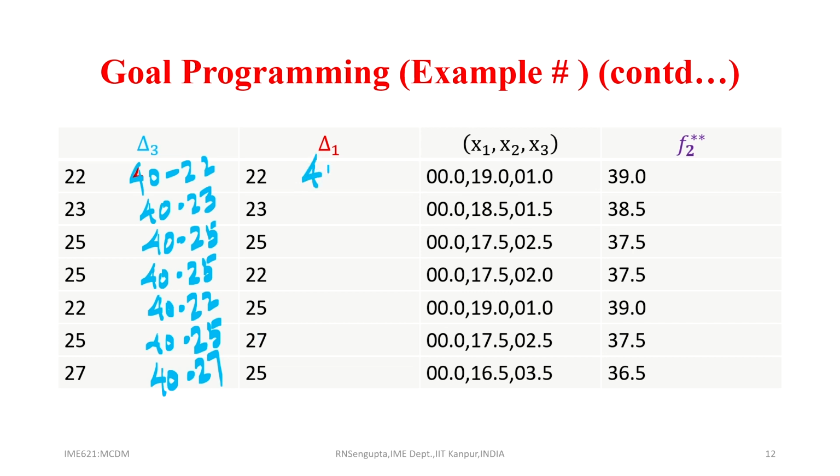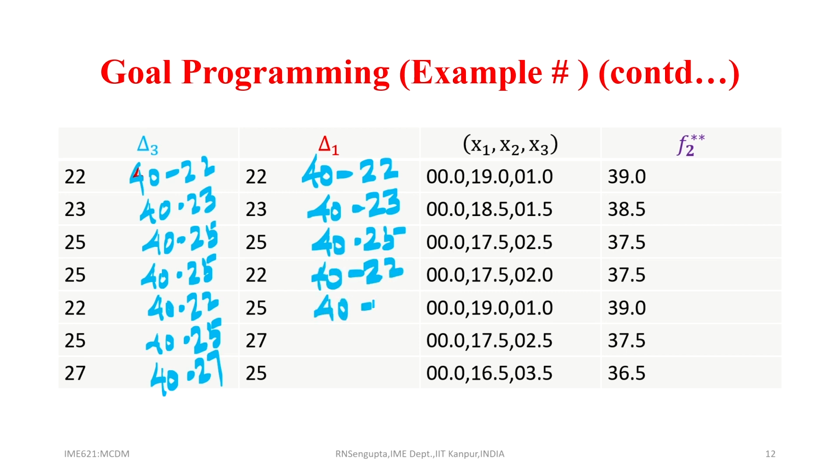Here also 40 minus 22, 40 minus 23, 40 minus 25, 40 minus 22, 40 minus 25, 40 minus 27, 40 minus 25. When I solve it, the corresponding values of x 1, x 2, x 3 are given here,